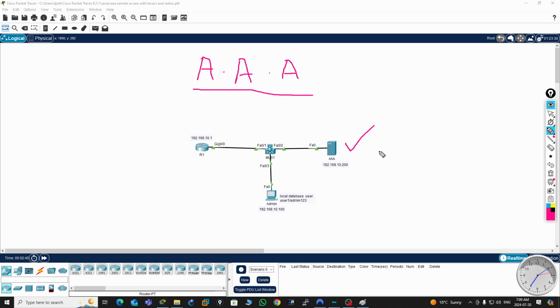Today I'm going to show you how you can do AAA authentication. So AAA authentication, the first A stands for accounting, and the second A for authorization, and the third A for authentication. So what that means is previously we've seen videos where we do SSH authentication, where we have the